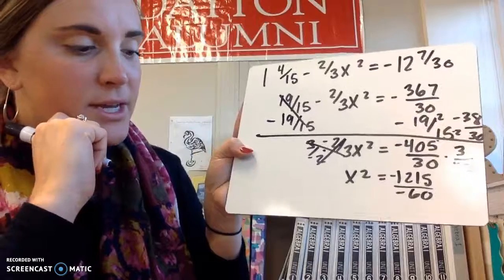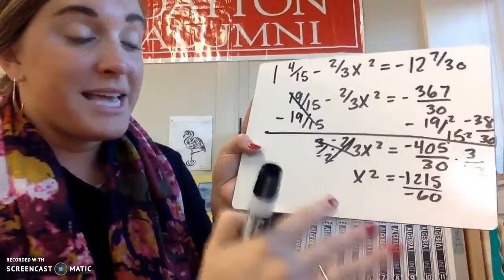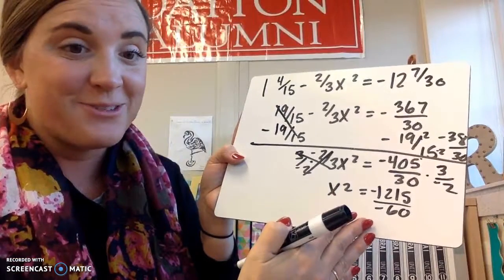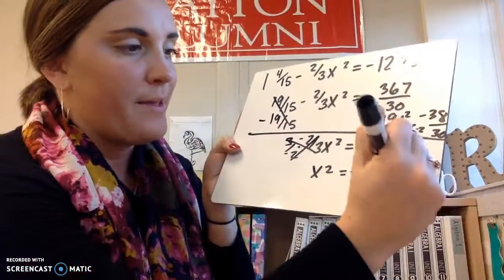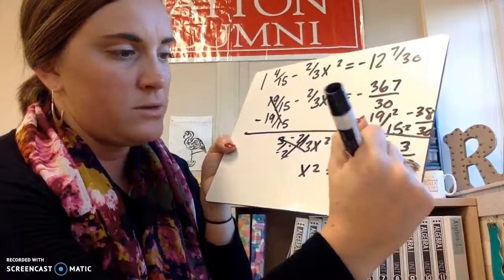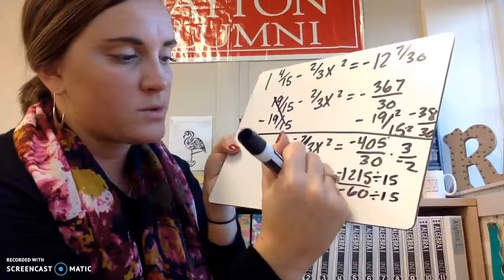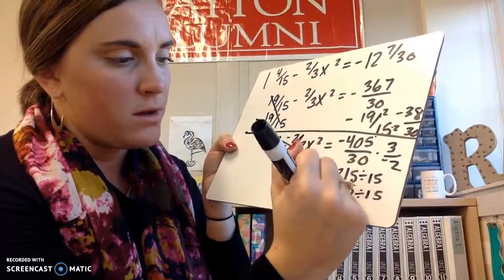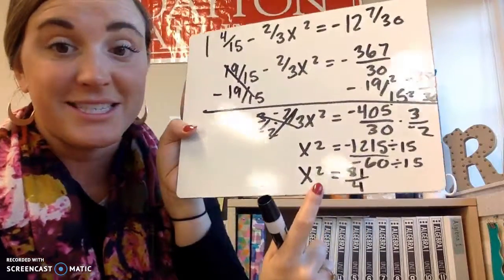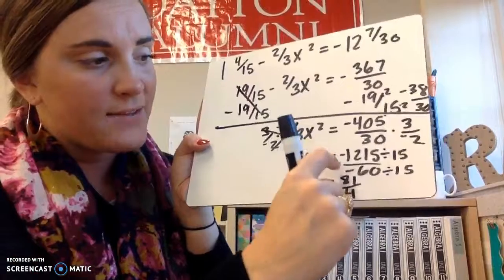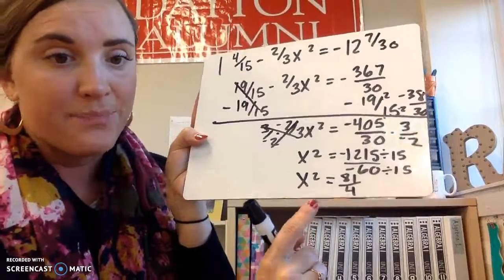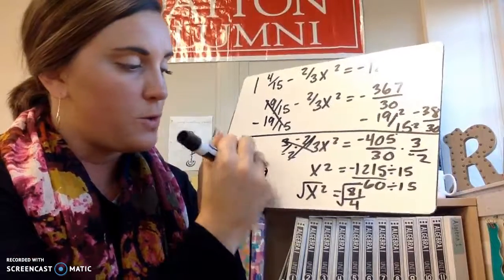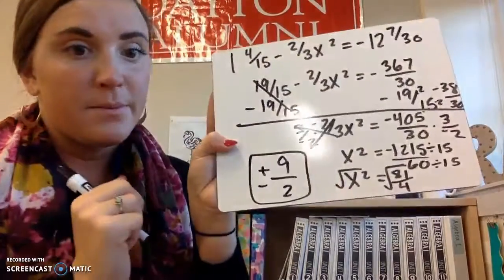And then I'm going to have to reduce it before I can get the square root because I can't do the square root of those. So that's why reducing is so important. 15 will go into each of those. So I've got x squared equals 81 over 4. Not my final answer because it's still squared. No more negatives because it canceled out on the top and the bottom. Square root is 9 over 2 plus or minus. Running out of